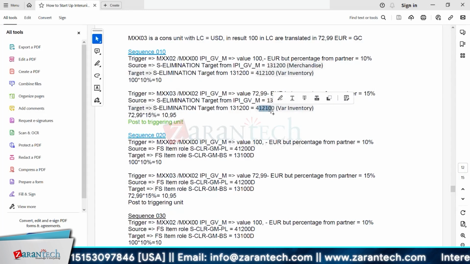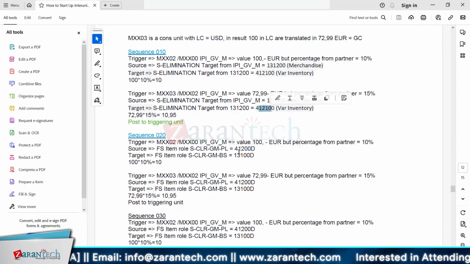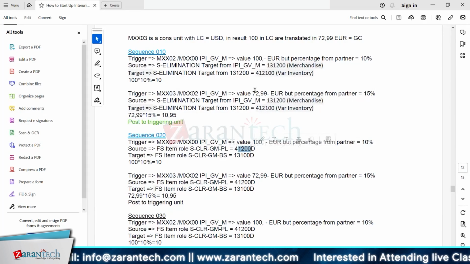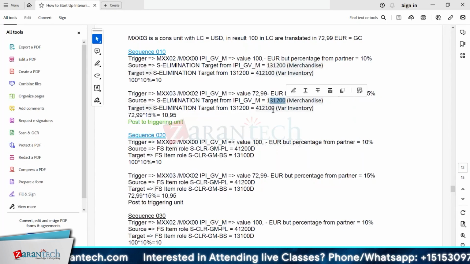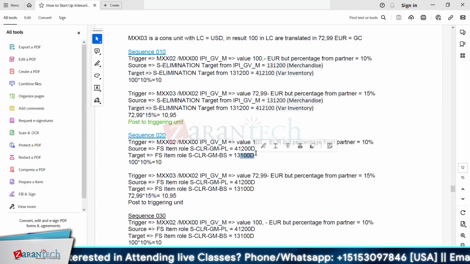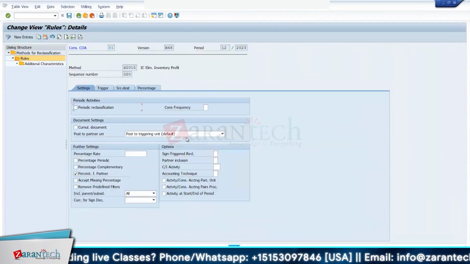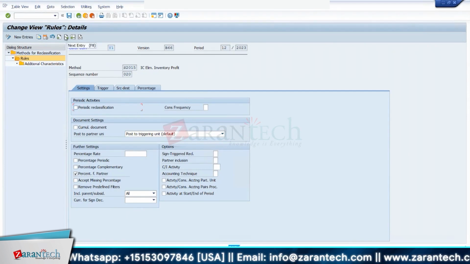So this entry and this entry are getting knocked off, in the sending entity, that is the buying entity. The entry is 131200, which is a credit balance inventory, and it puts to this offset account 13100200. That is what sequence step 20 is doing. You see here, it says post to triggering unit. This value should reduce a profit in my entity. That is the reason you have